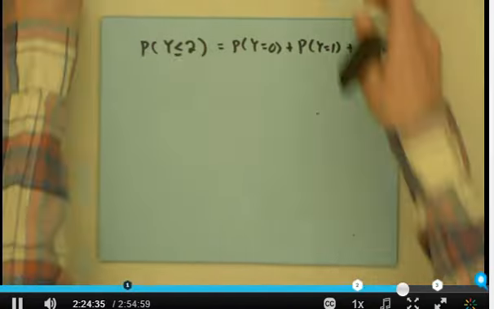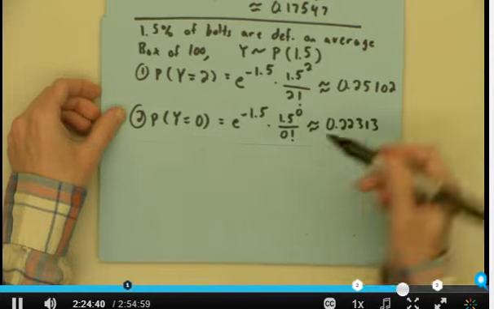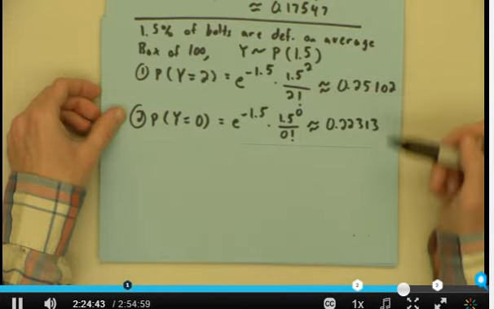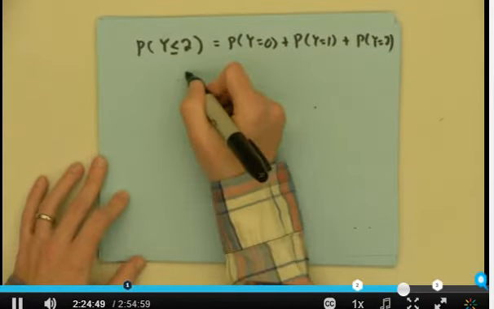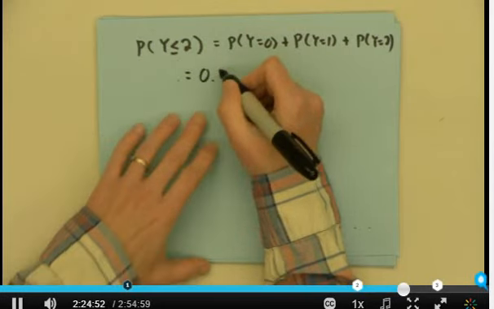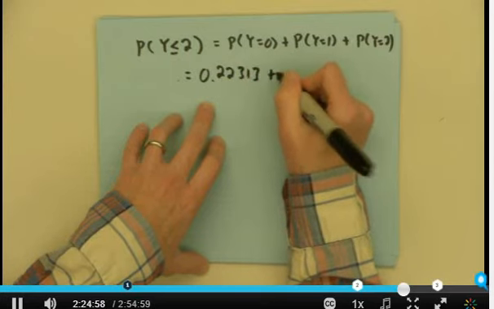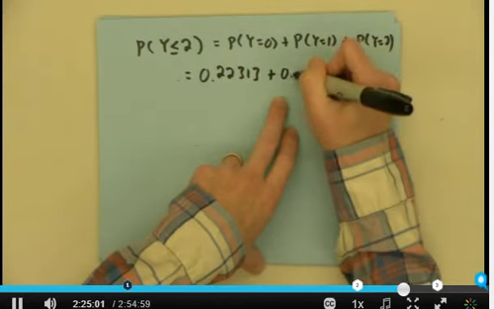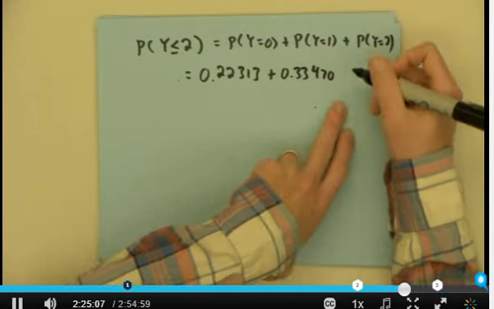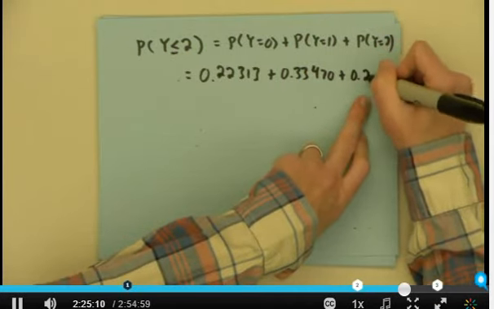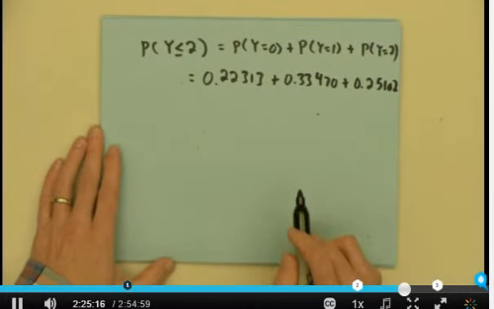Well, luckily for me, the case where Y equals 2 and the case where Y equals 0, I've already done. So all I need to add to that is the case where Y equals 1. And I'll just go ahead and write down what these come out to. This was the 0 that we calculated already. The 1 we have not calculated. I'll leave it to you to do so, using those formulas or using Bognar's calculator, which I'll show you how to do in a moment. And this was also the one we calculated a minute ago.